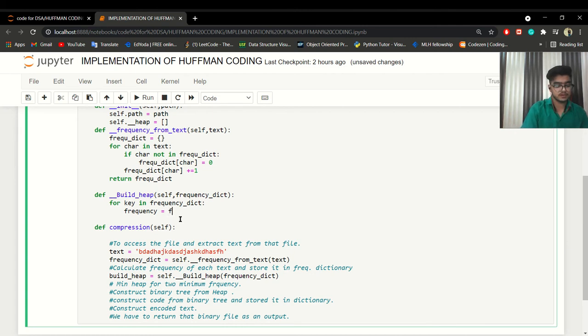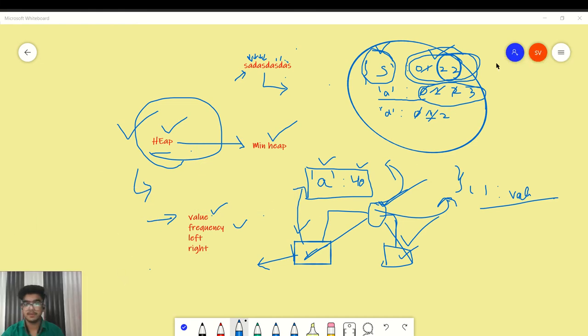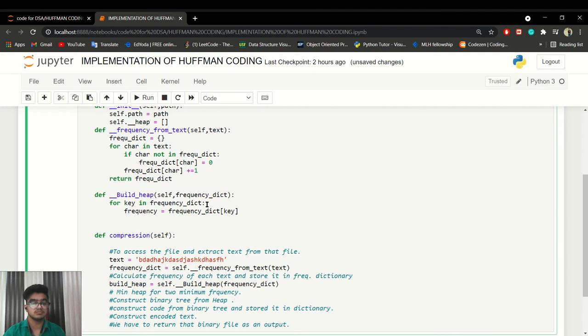We have to write the frequency dict, and pass the key. So you have a key, you have a frequency, we write the dictionary and pass here the key, and corresponding to that key we get our value. So we get our frequency here.